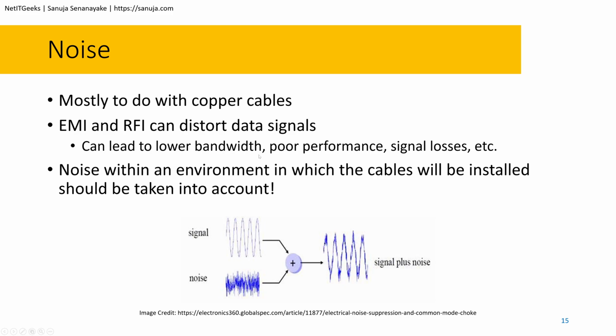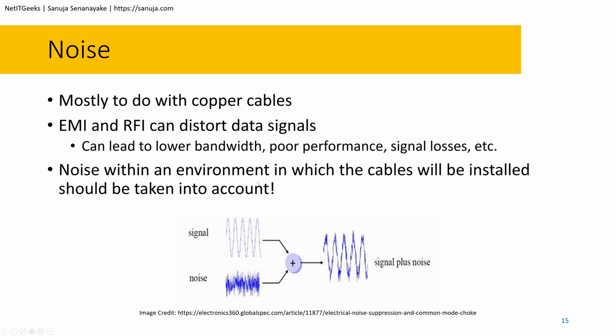So if you have a situation where there is a lot of noise, that will lead to some issues associated with the performance of your cable. So if you have a Cat5e or Cat6 cable, for example, running near a microwave, every single time somebody uses that microwave oven, it might create a distortion of data. So the noise within an environment in which the cable will be installed should be taken into account. So if you are installing a Cat5e or Cat6 or Ethernet cable, you need to take into account the noise